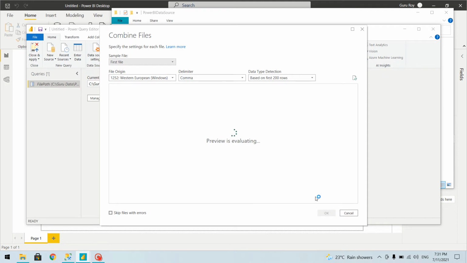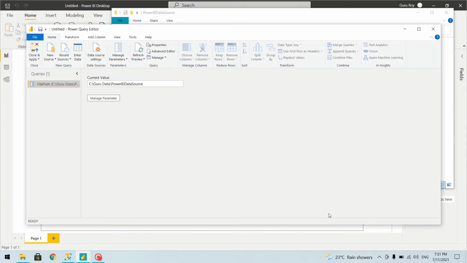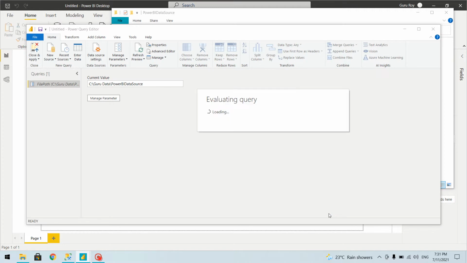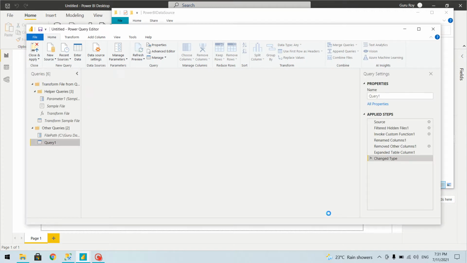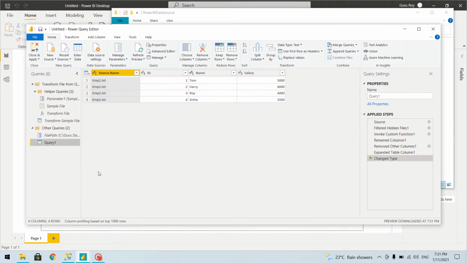So let's go ahead, post preview, we'll click on OK. So here we can see the source names and the data from that source, and this is what we are going to use in our query.